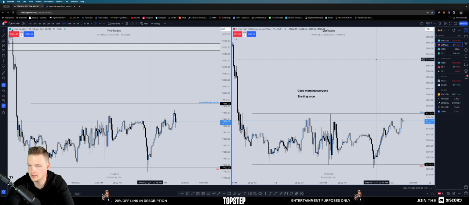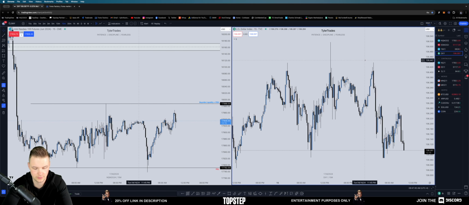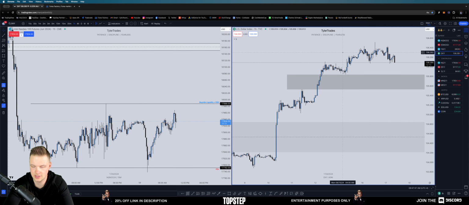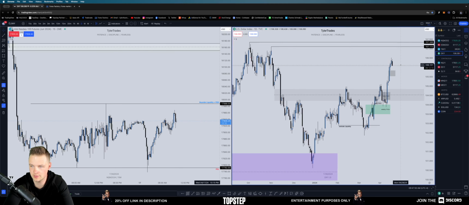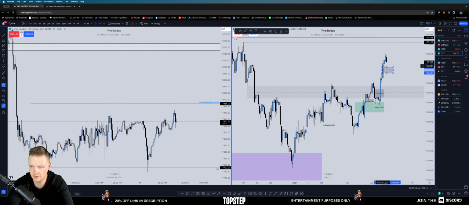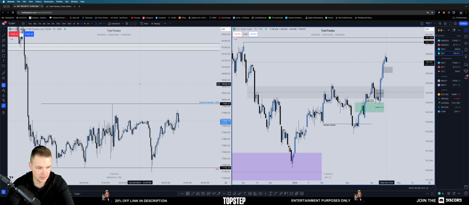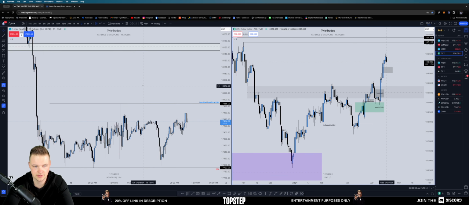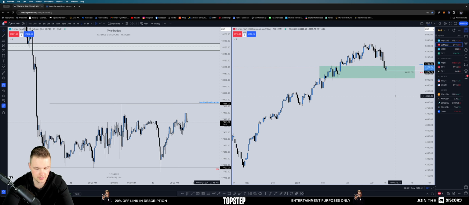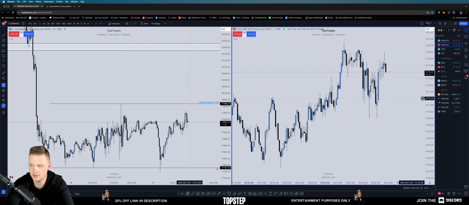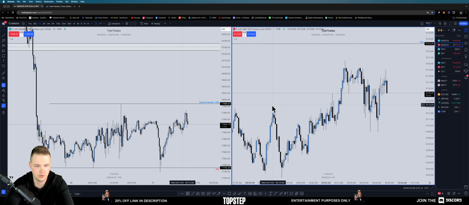And then also with the thought process that DXY, the dollar, is still working on pulling back to this daily fair value gap that it left at the beginning of the week. So, excuse me, that is what the bias is for today. Literally the exact same thought process essentially as yesterday. Yesterday we just ended up getting a big range bound day with no news, and then Powell speaking later on in the day. So not a whole lot was going on.